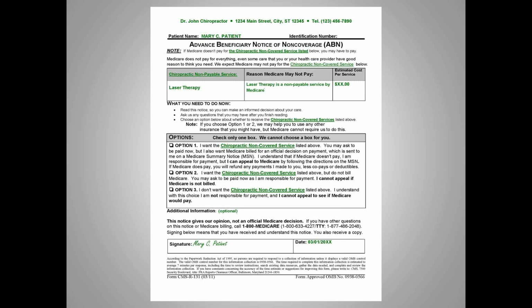First, you're going to fill out your portion of the ABN form. Up top, you're going to put your name, address, phone number, the patient's name, the ID number, leave blank. That's a recent update to the ABN form. A recent update came out where Medicare strongly recommends you do not, I repeat, do not put the patient's Medicare number in the identification number section. They want you to leave that blank or use your own internal number for the patient, like 1234, because, well,